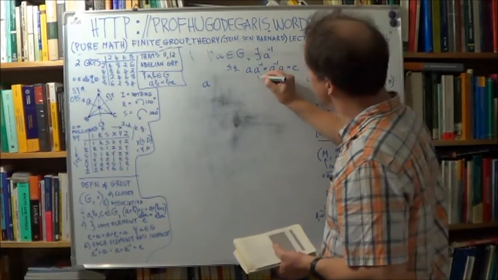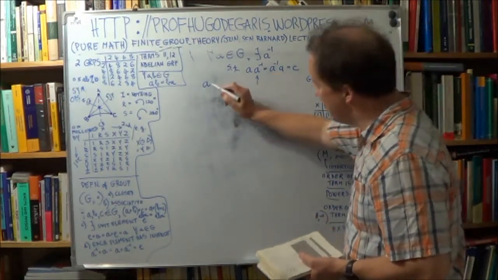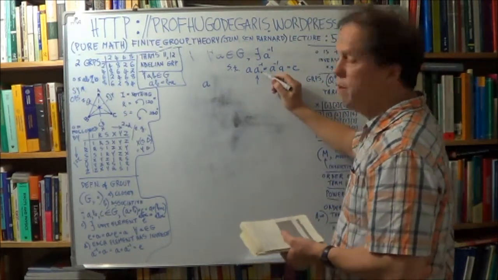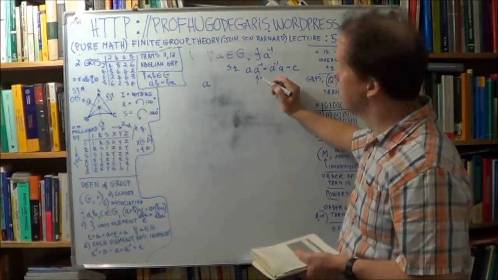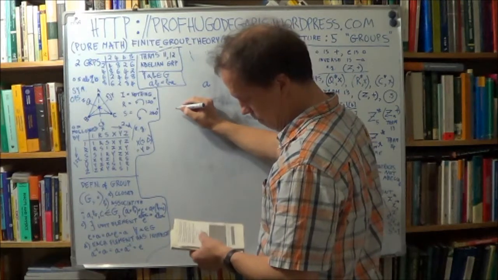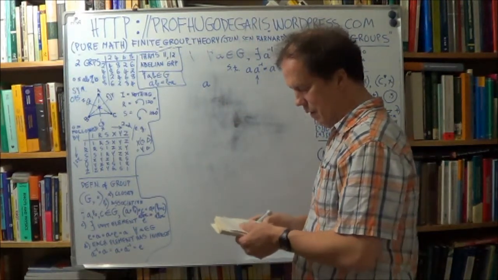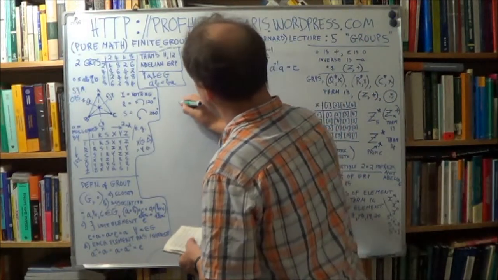So the question is this: for this element, is there more than one inverse? Like, could there be, well, I'll use the same notation as the text, right? So let